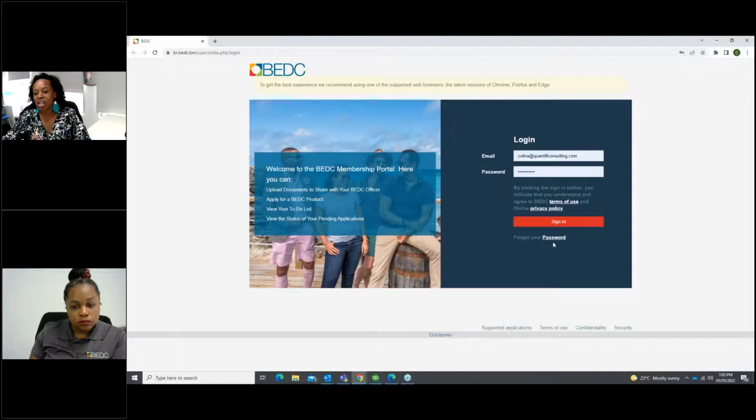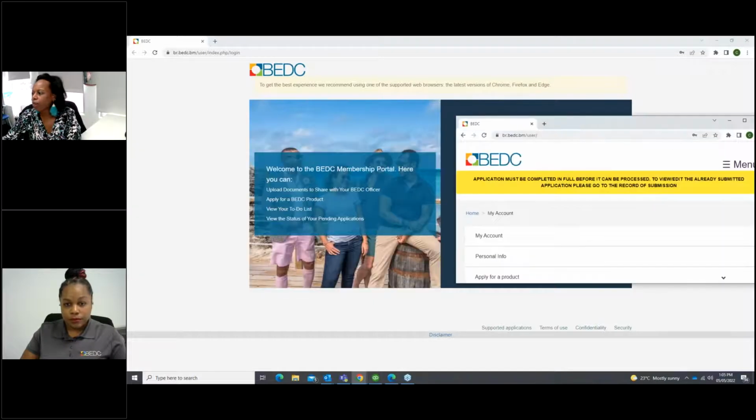And so I would suggest that anybody, whether you're registering or logging into the portal or doing the forgot password, check your junk mail as well, just to make sure that you haven't missed the email, because it may not recognize where it's coming from, and so it may be there as well. So that's what it will look like. You will put that information in, and then I'm just going to bring over